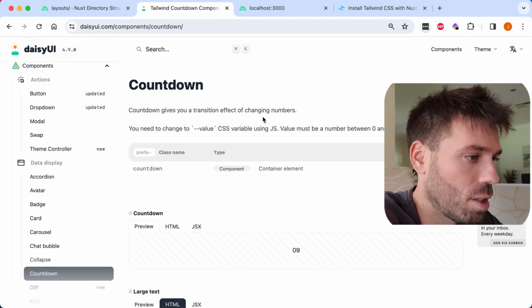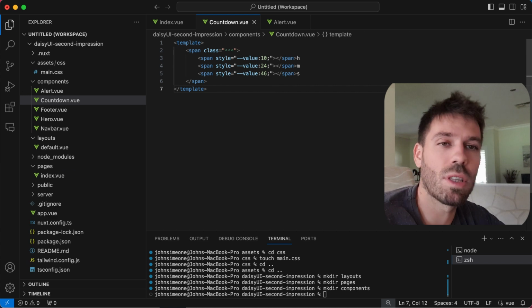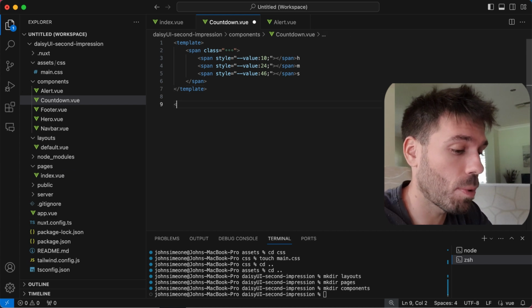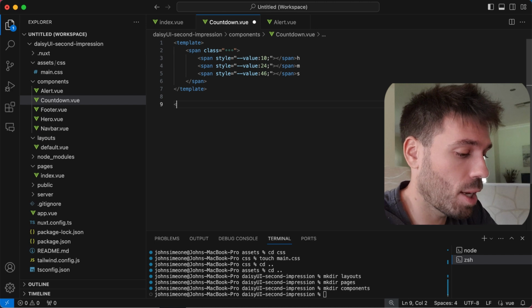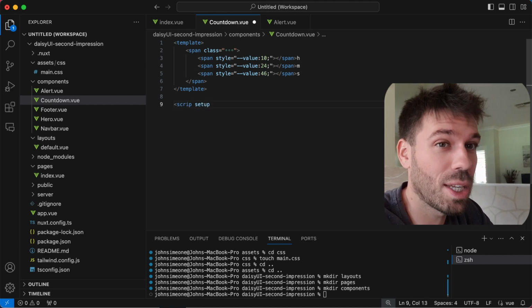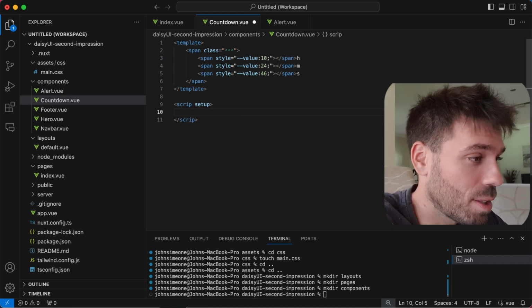Oh, no, I have to use my brain. See, this is annoying to me because the whole reason I use these component libraries is because I don't want to use my brain. And now I'm going to have to actually use my brain. Or do I? ChatGPT? No, I'm joking. But you could do that. But let's just say,